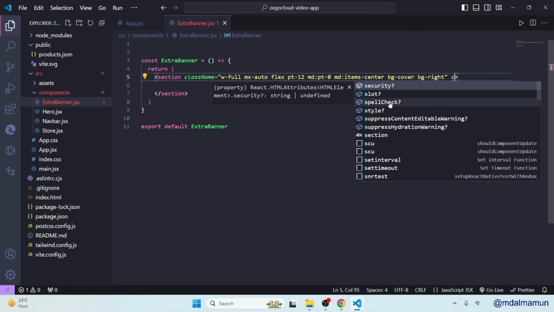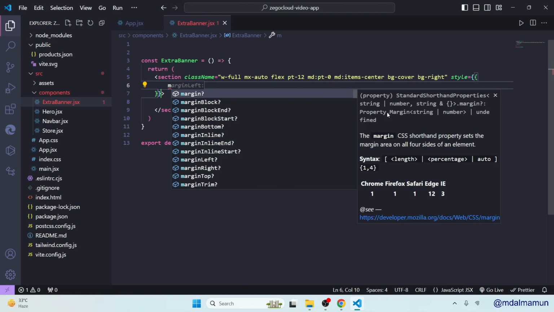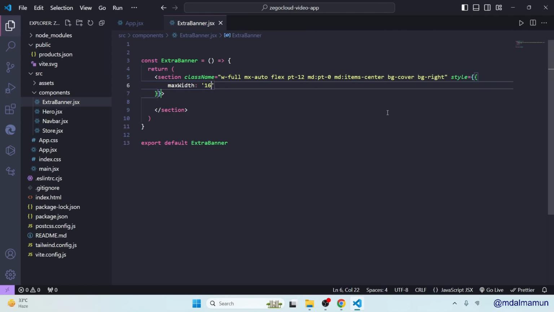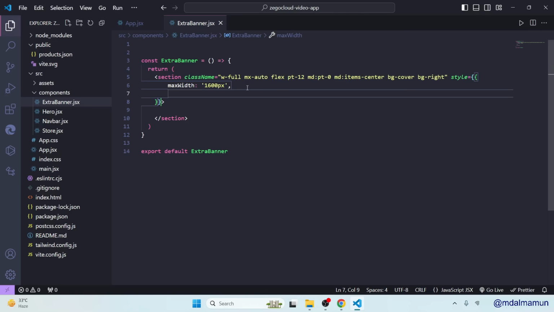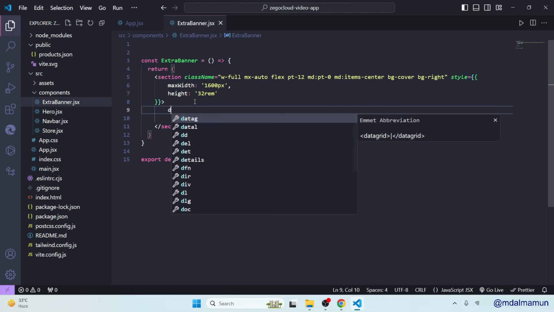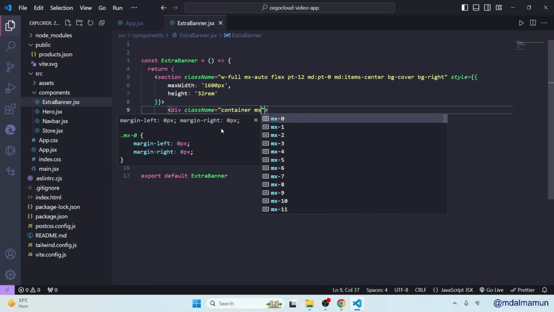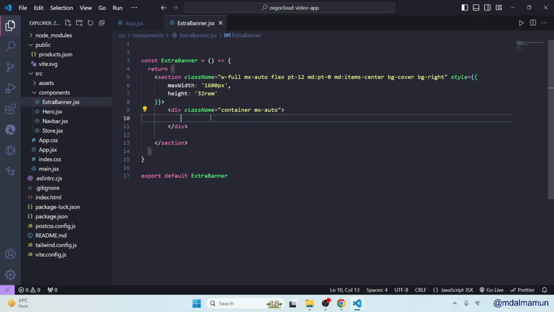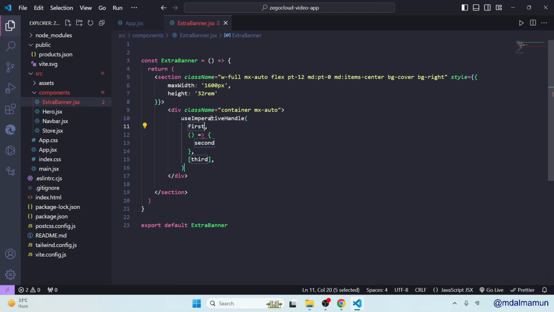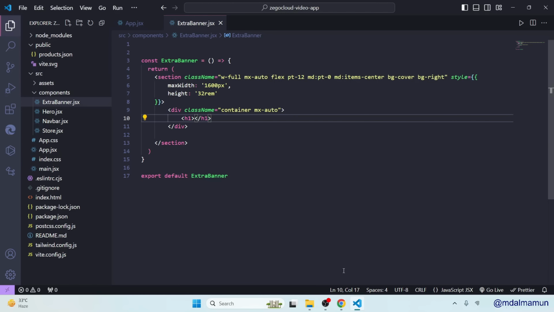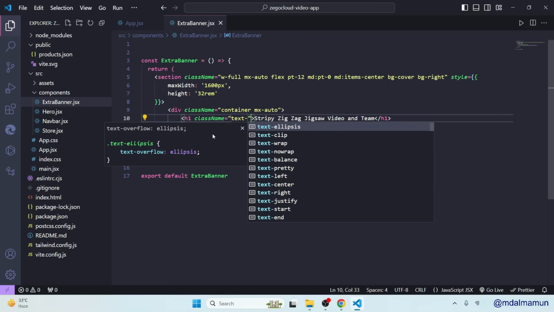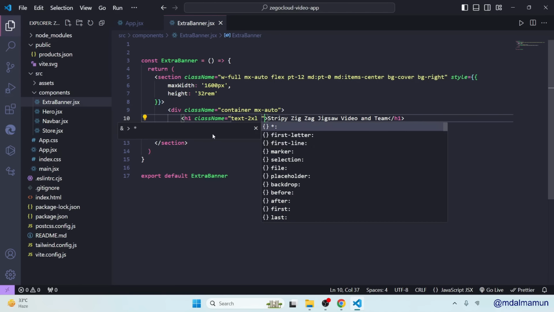After then we'll add some styling. The style will be max width, so that would be 1600 pixels. After then we'll have height, so that would be 32rem. Okay, so that is the thing. Then inside this we'll have a div, so we'll define this as container, then mx-auto. Finally here we'll have an h1 tag. We'll define some text here, so let me define the text. We'll have class name, that would be text-xl. We will define my-4. Okay,